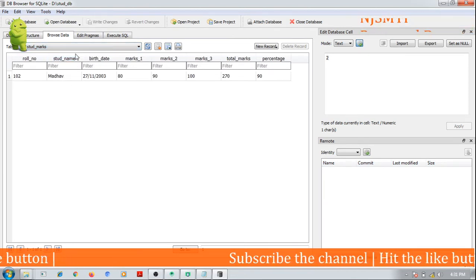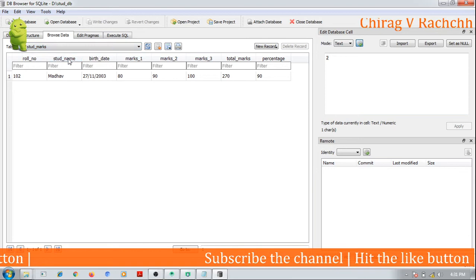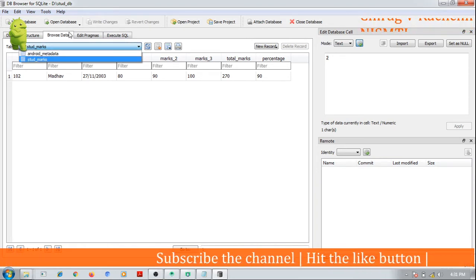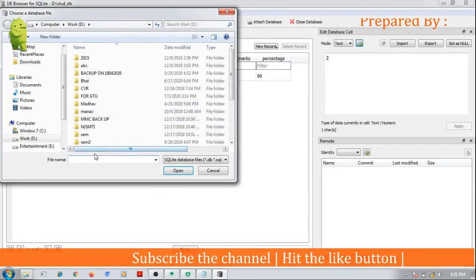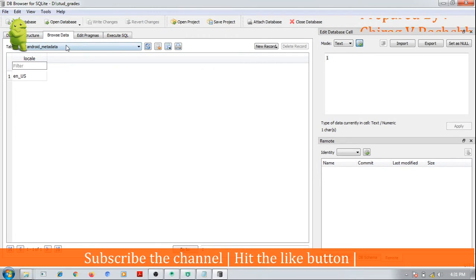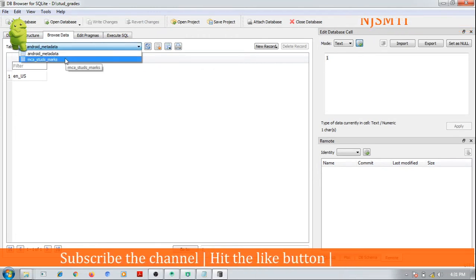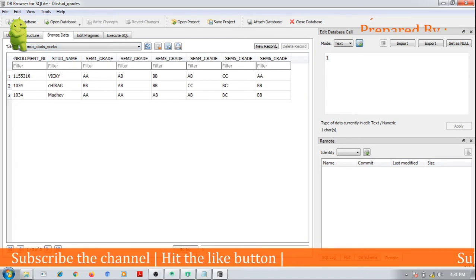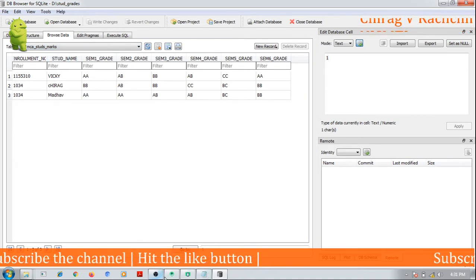Oh my god, why? Okay, it is a different database, that's why. Stud grades I want. Yes, you can see here Madhav, Chirag and Vicky.